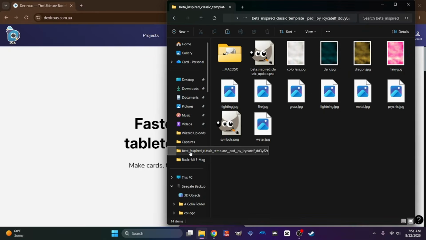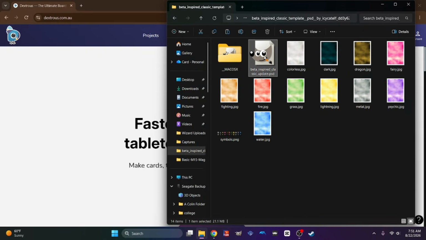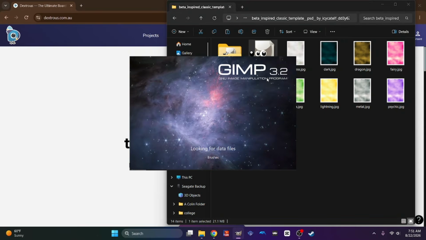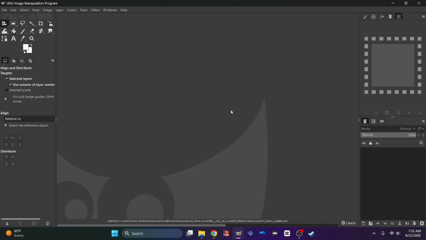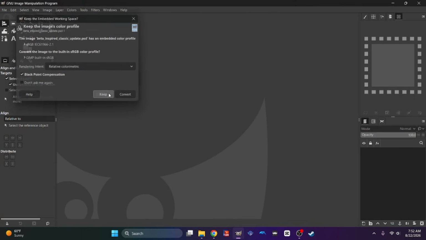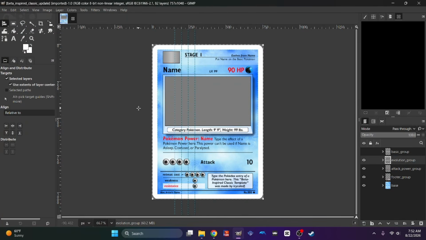So this beta-inspired Pokemon template I found on DeviantArt through the artist Icy Cat Elf, and I think it looks pretty neat. So this would be even before the base set, what they had prototyped for what the Pokemon TCG was going to look like. So you can see this is pretty bare bones. It's got all the information that we see on the first generation of cards,